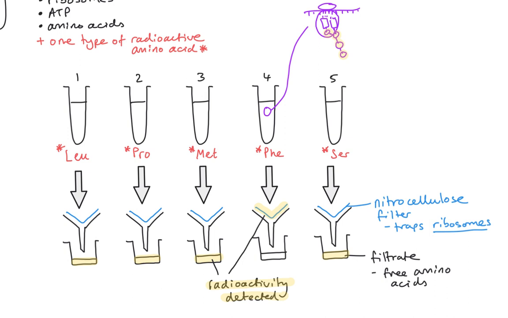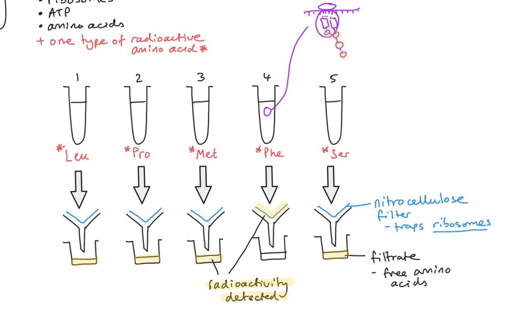However, in the phenylalanine tube, in the filter, we do have radioactivity. And I've done a very rough, messy sketch here of a ribosome bonded onto my mRNA. This will be poly U. I'm trying to show some tRNAs here. And this is going to happen in every single tube. We are going to get strings of phenylalanine in every single tube. However, only in tube 4 do we have radioactive phenylalanine as well. Therefore, some of the amino acids are going to be radioactive, and that's going to be detected in the